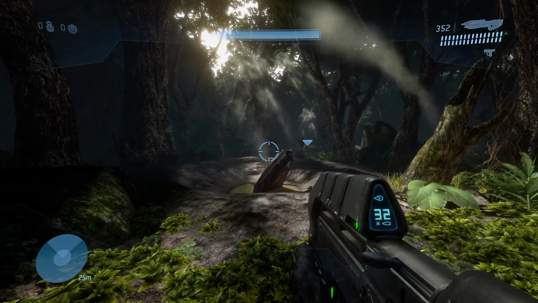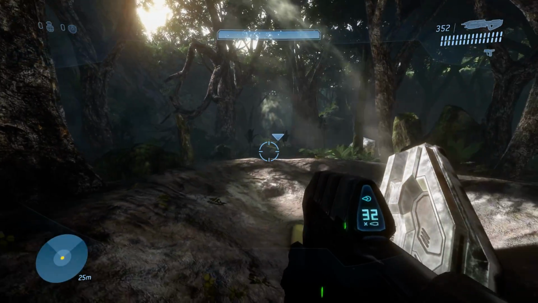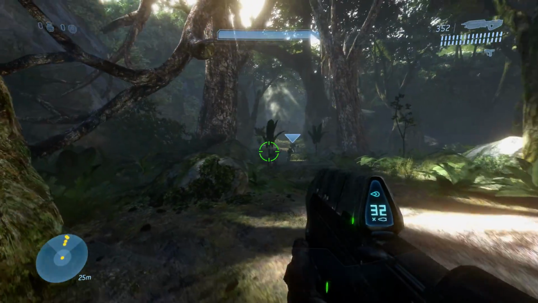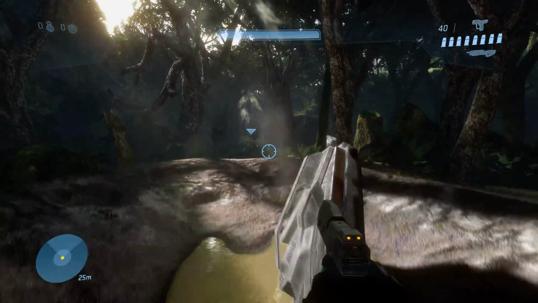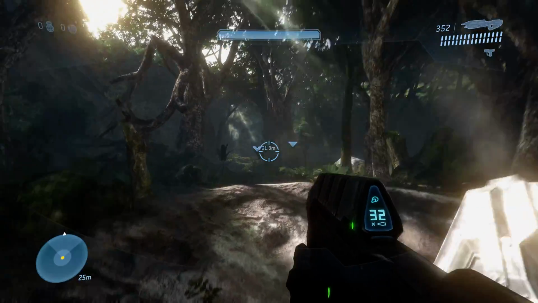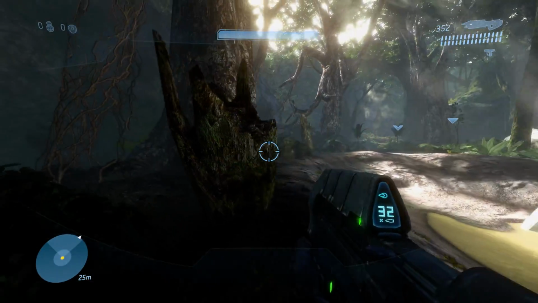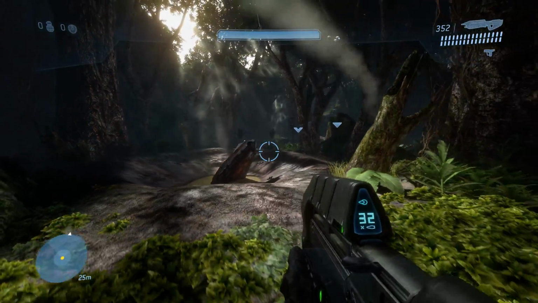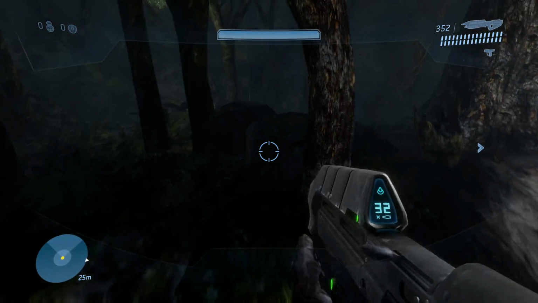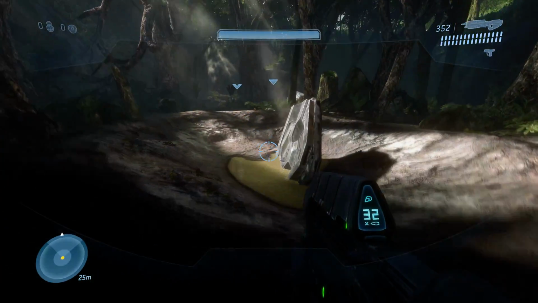So my biggest problem with Halo 3 is just how drab the game looks. It's not as much that they didn't really remaster the textures of the models, but they could have at least done something about this scene. The game is very grey, very drab, very boring, like even this leaf looks sad, which might be considered a bit more of a realistic look,